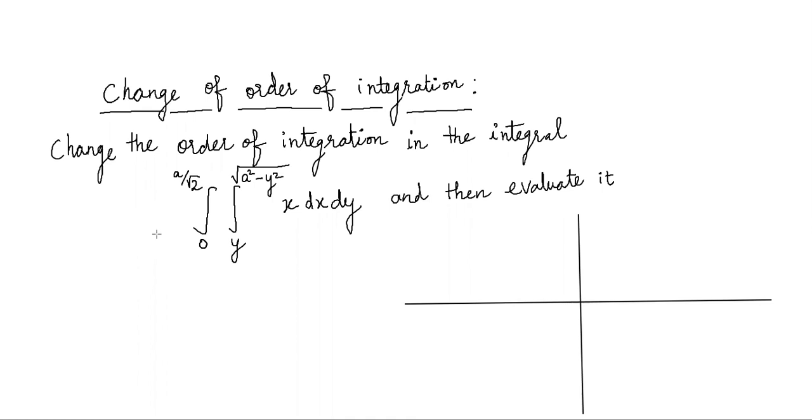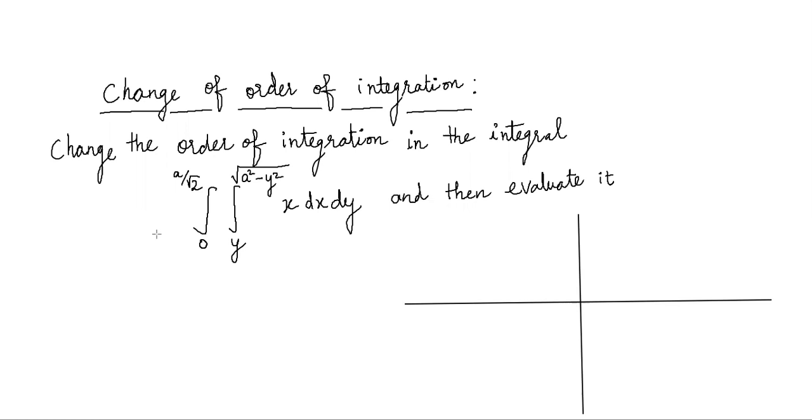In this problem, first of all, we will identify what the order of integration is as per the problem. We will find some curves from the limits which are present on the inner integral and outer integral, and from the order of integration and those limits we will identify the region of integration. If you remember, we found the region of integration in the first and second problems in our previous video.